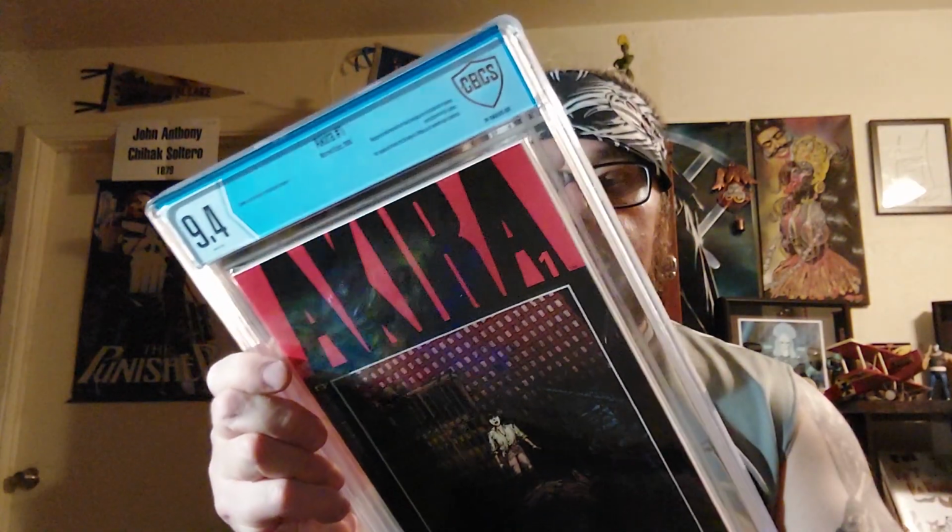But this is not a grail book because it's not incredibly hard to find, but it is a first print, and it is something that's super duper important to me. And I love this series so much. I've had the manga for years. I finally read it in 2019, the year this story takes place. I saw Akira in theaters in 2019, the year the movie takes place. Even before then, but since then, it has really held a special place in my heart because